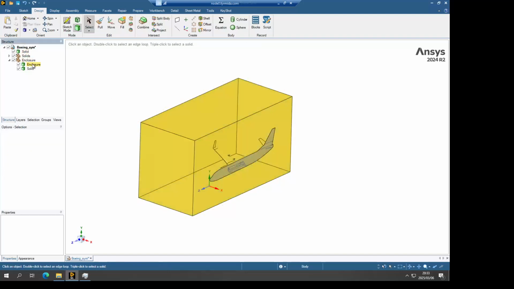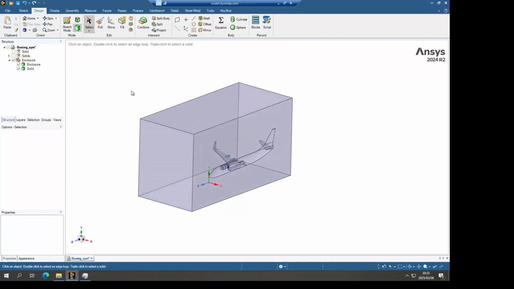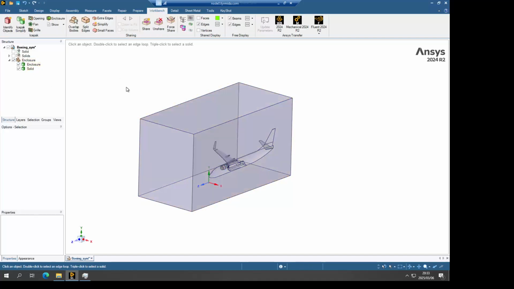Now we see we have two fluid zones. We're going to now suppress the solid parts for physics, because we're not interested in that anymore. We're going to only look at the fluid zones. Now since we have two zones, we also need to share our topology so that we will get flow going from the one zone to the other zone.